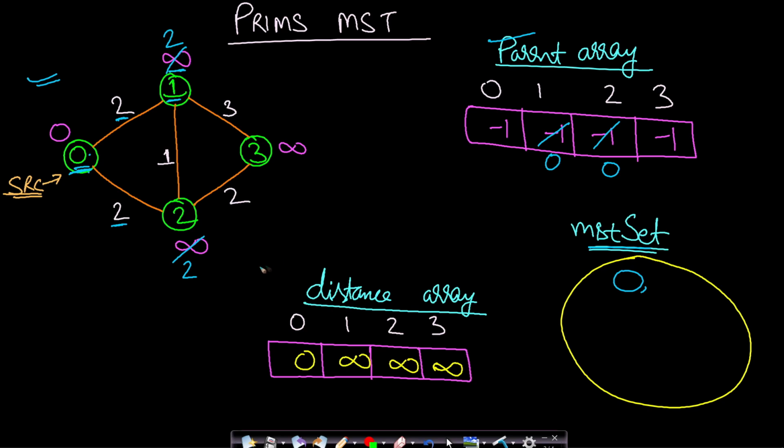Now what we will do? We will go through this distance array and pick the new minimum which is not included in the MST set. So 0 is 0. If you look at 1, its distance value is 2. If you look at 2, its distance value is 2, right? So the new minimum can be picked as either node 1 or node 2 because both of them have the same distance values, and none of them are included in the MST set. None of them are processed. Okay, this value is 0, but it is already processed, and hence it is included in the MST set. Let's assume that we will pick 1.